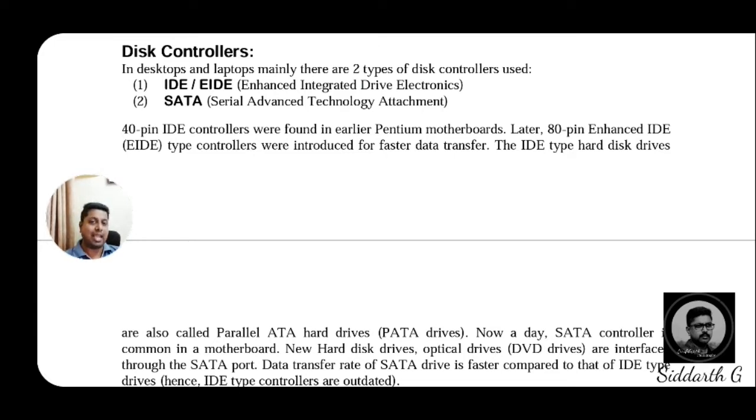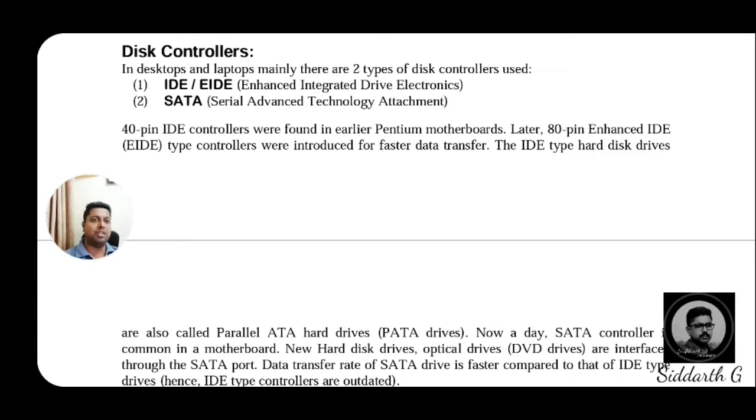SATA is a type of cable, a type of connector that we can see on the motherboard. Remember students, these types of devices support 40 pin IDE controllers, 40 pin, and were found earlier in Pentium motherboards. These devices were found in earlier P1, P2, P3, P4 Pentium systems.